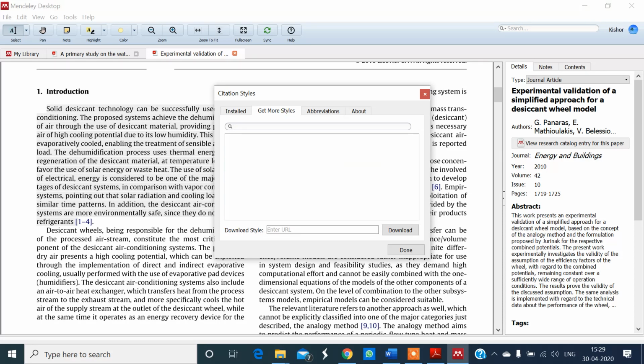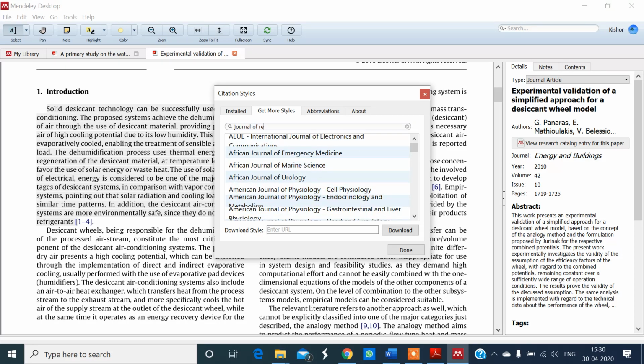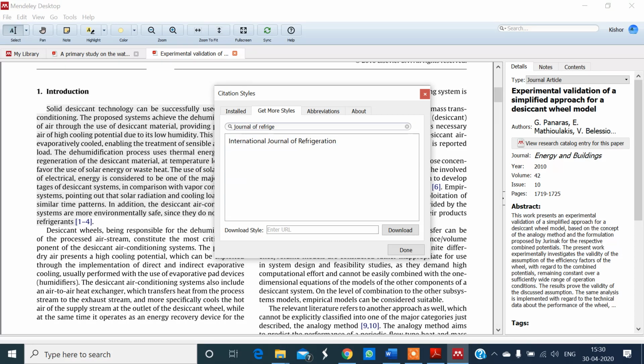If you want to get more, click over here. Suppose I want the citation style for the International Journal of Refrigeration. This is available, International Journal of Refrigeration. Then I will click on install.